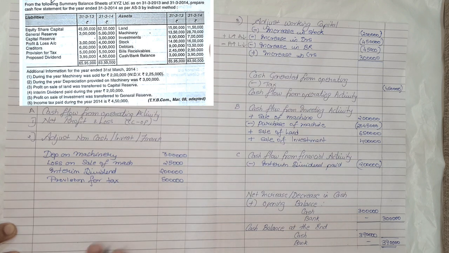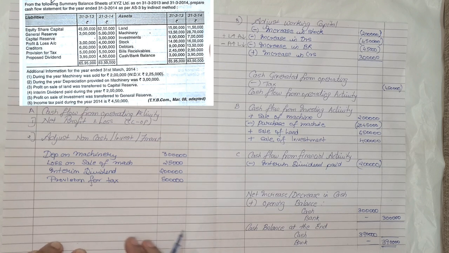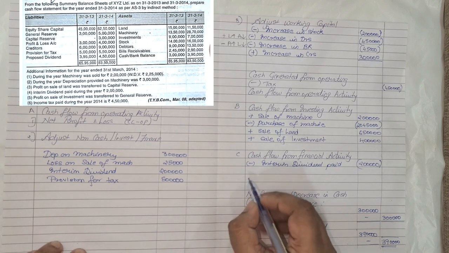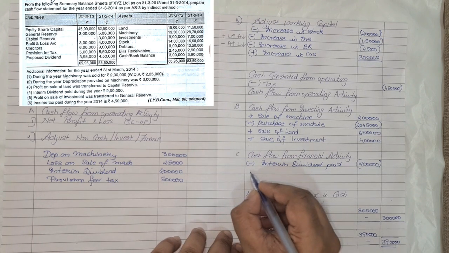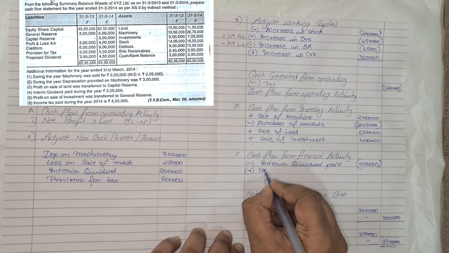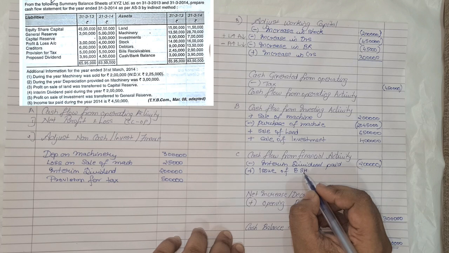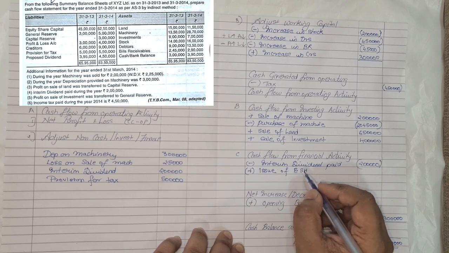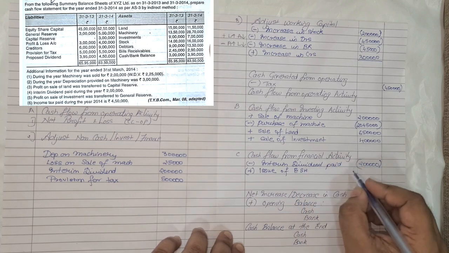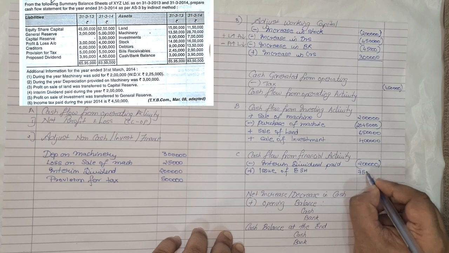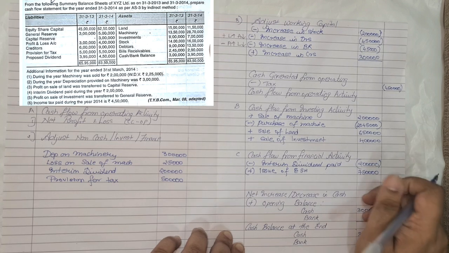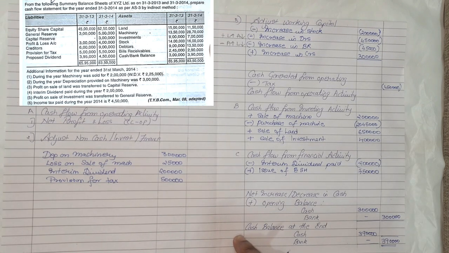Now comes equity share. Equity share 45 lakh became 52 lakh 50,000. So there's an increase, which means we have issued shares. The moment I issue, money is coming in. So add issue of equity share. It was 45 lakh, it became 52 lakh 50,000. The difference is 7 lakh 50,000, so there's an increase of 7 lakh 50,000. Okay. Next,